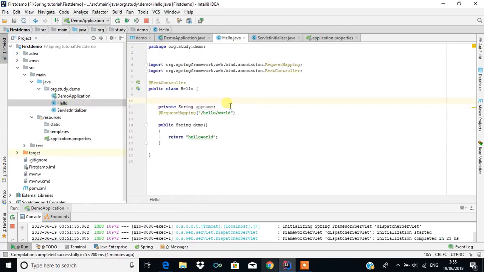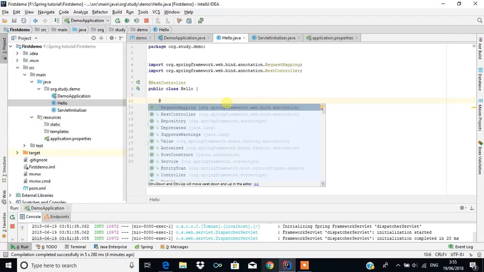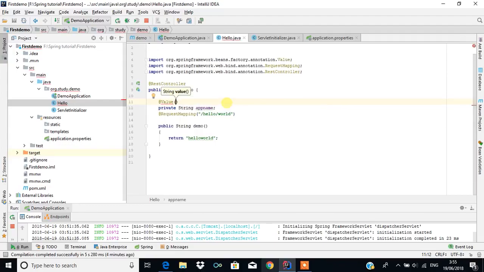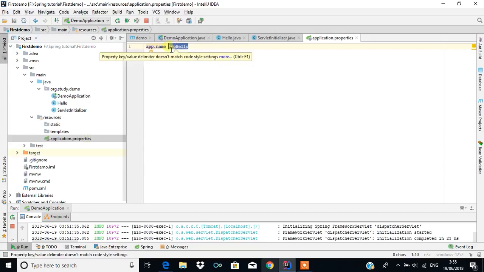So for that there is another annotation called at Value, and this value can be written like this. First we have to put the double quotes followed by the dollar symbol, then open curly bracket, then close curly bracket. Within this we have to put the application content.